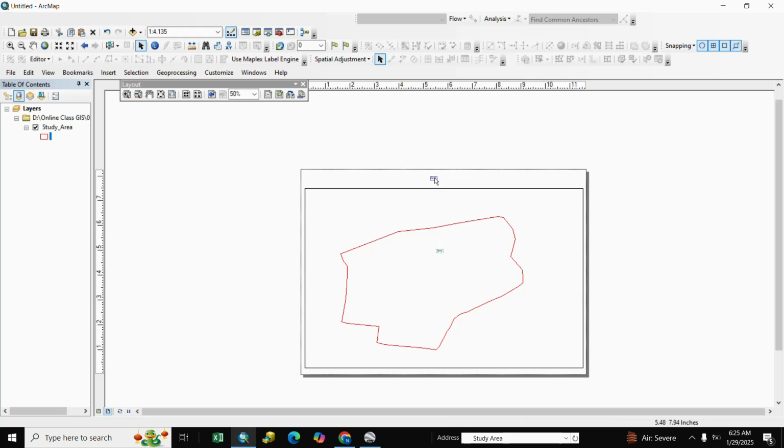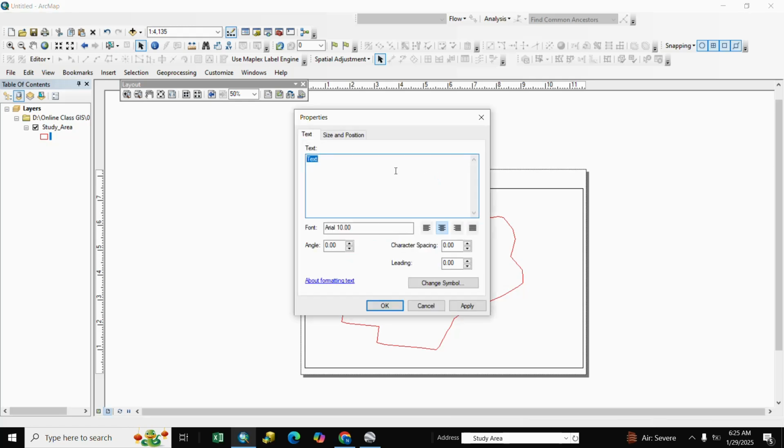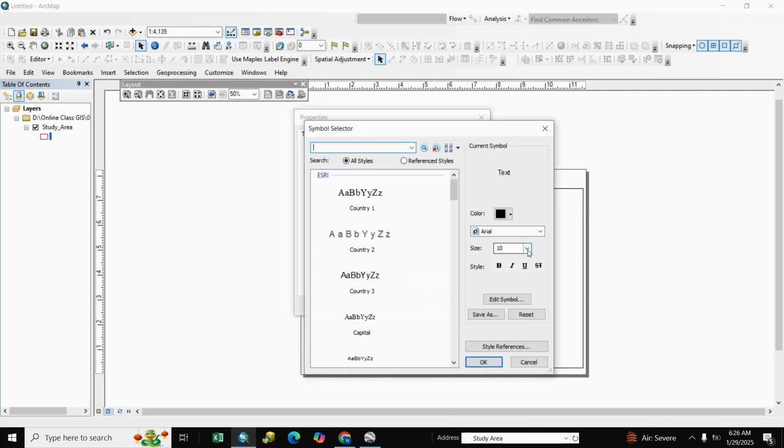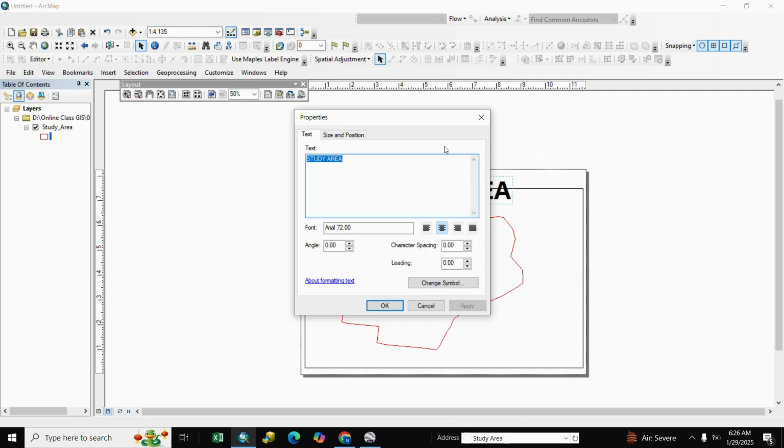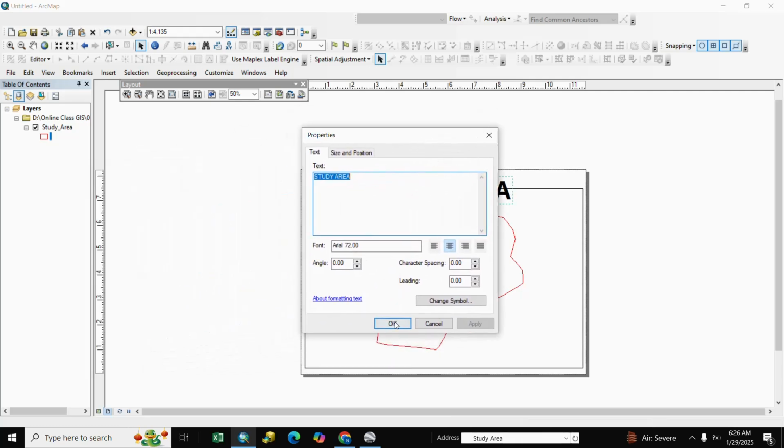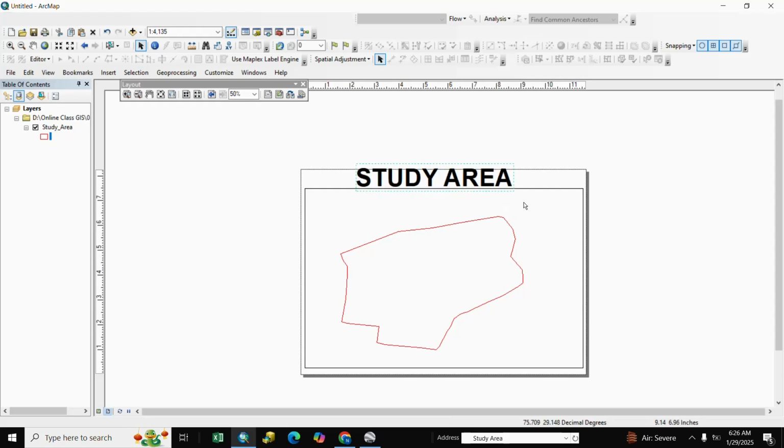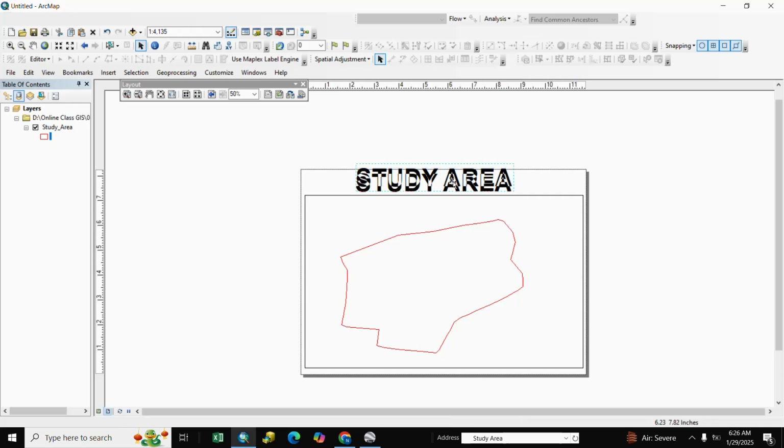We select it and double click, and we write here study area, and change symbology and size. We change here the size and style bold. OK, and apply and OK. You also set as per your requirement. We set it, study area.